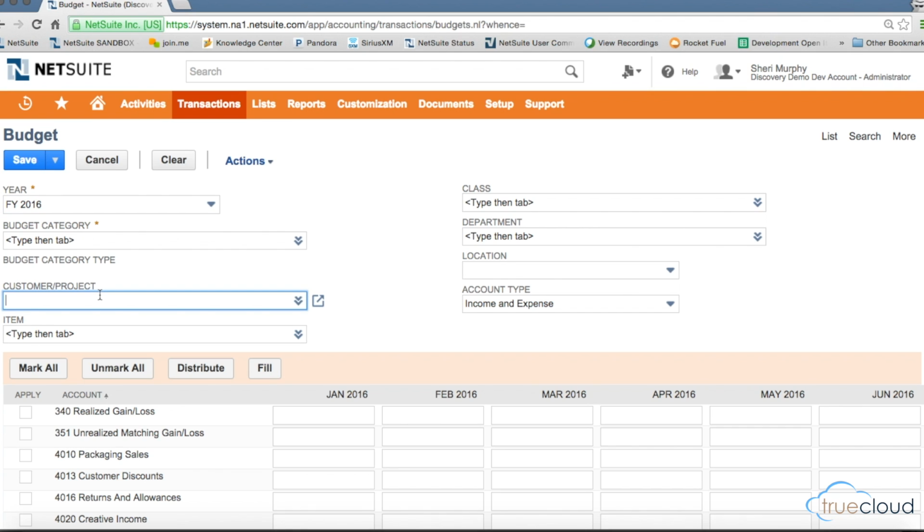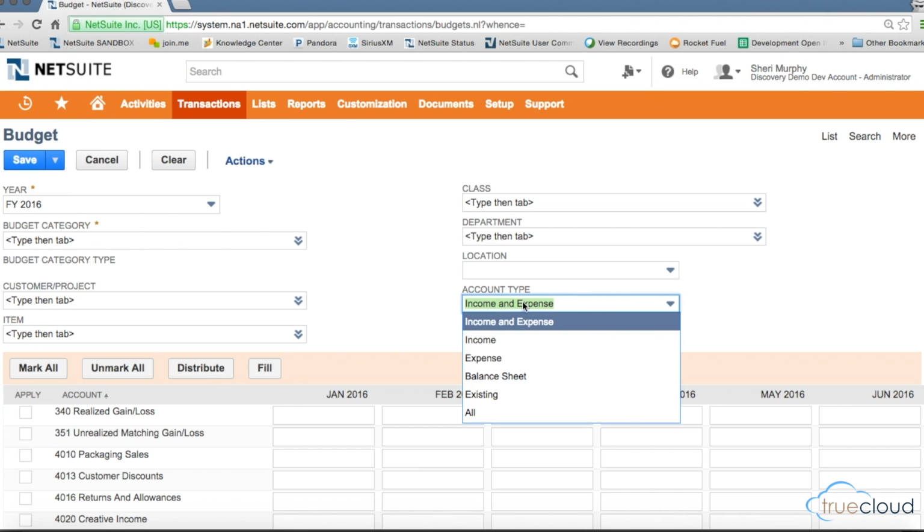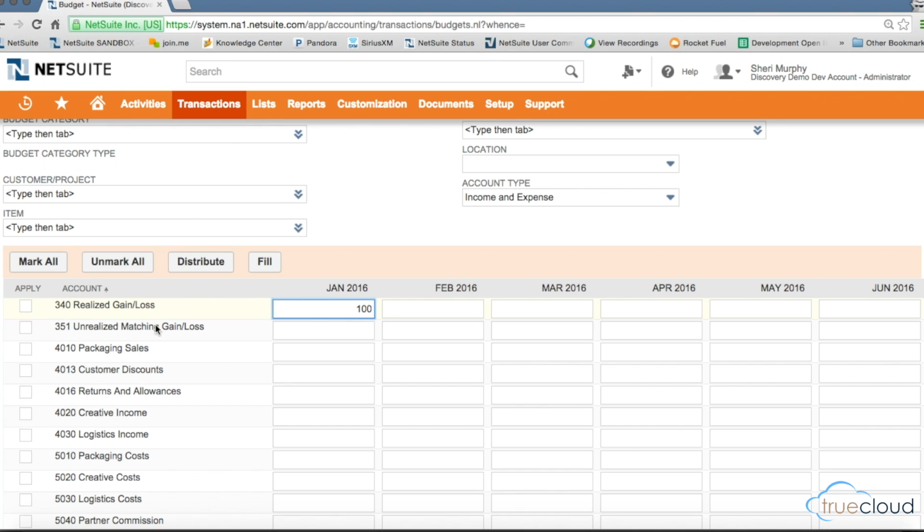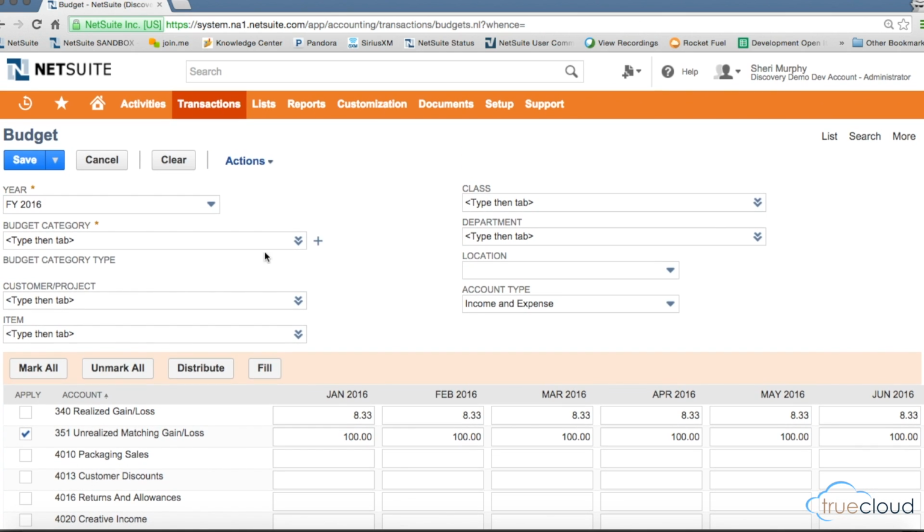So here is where you can select a budget by customer or project, item, class, department, location, or any combination. Here's where you would pick what accounts you are budgeting for. If you're not importing these budgets, there are a couple of buttons here that can make data entry a little bit easier. If I do distribute, it will take that $100 and chop it out throughout the year. But if I do fill for that same amount, it will mark $100 per month. Again, I can do any combination of class,